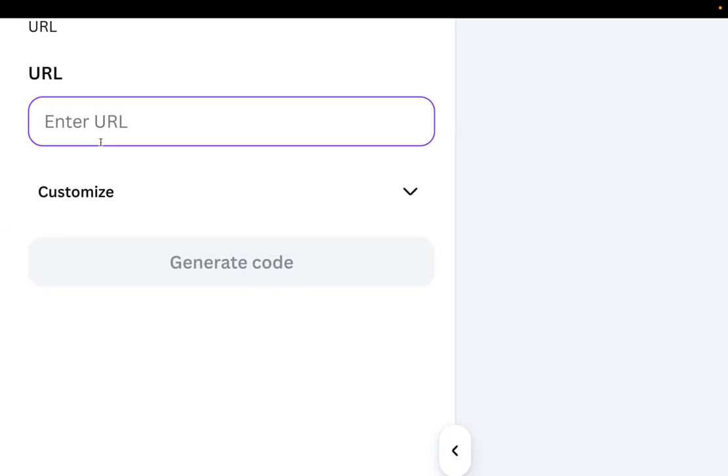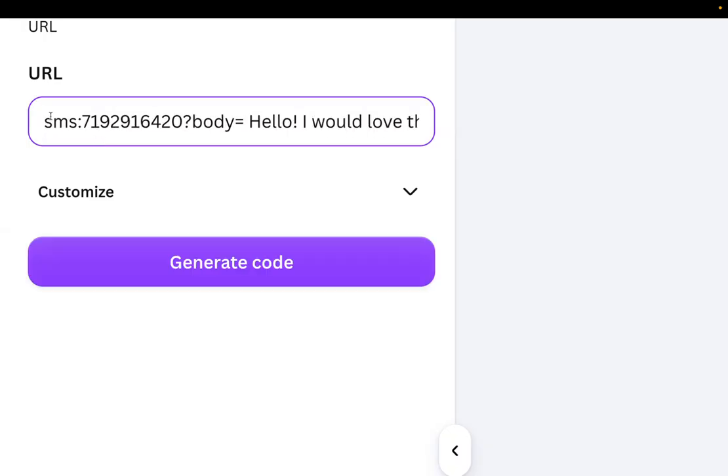So I'm going to go ahead and type in this message here. The first part is the important part. It's SMS:your cell phone number, a question mark, body equals, and then whatever you want their message to be to text you, to prompt you or prompt your automations if you're using iPhone shortcuts to send the response. And so in this case, I just put, "Hello, I would love the link to the property at 911 Ryan Drive." Okay, now it's very important you add the quotes before and after the property address